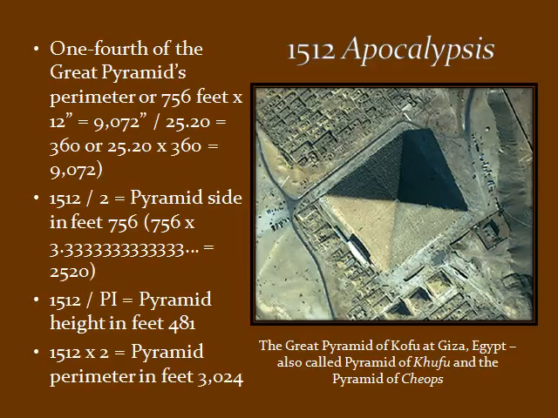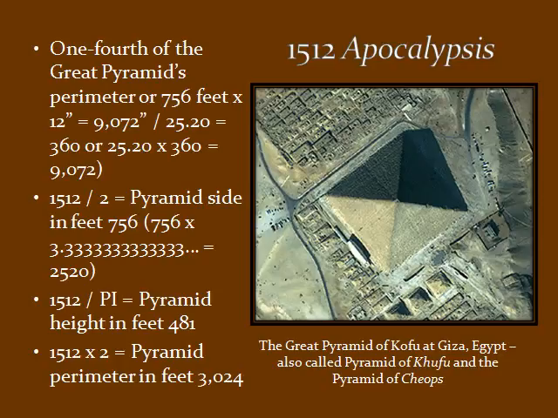1512 divided by 2 equals the pyramid's side in feet, 756. And 756 times 3.33333 into infinity will equal 2,520. 1512 divided by pi will equal the pyramid height of the Great Pyramid of Giza in feet of 481 feet. 1512 times 2 is equal to the pyramid perimeter in feet of